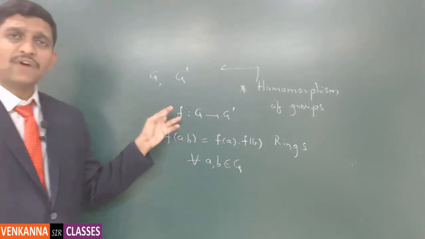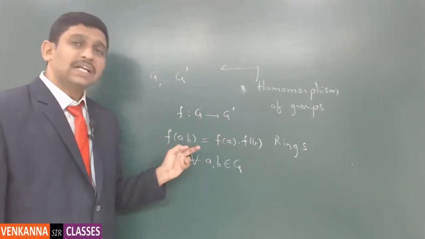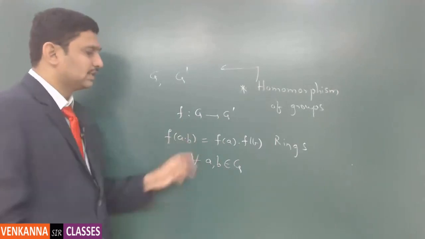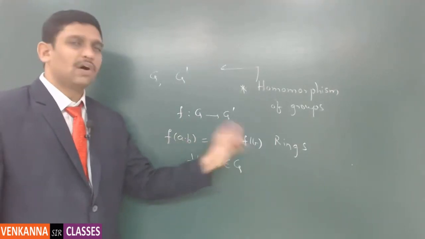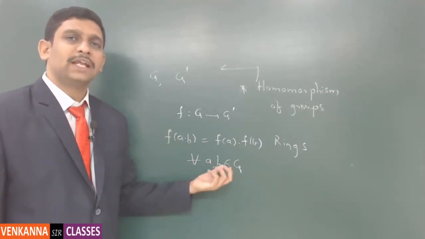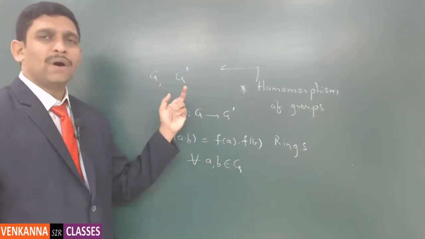If f is a function from the group G to group G dash, satisfying the condition that f of A dot B is equal to f of A dot f of B for every elements A and B taken in G, then we say that f is a homomorphism from G